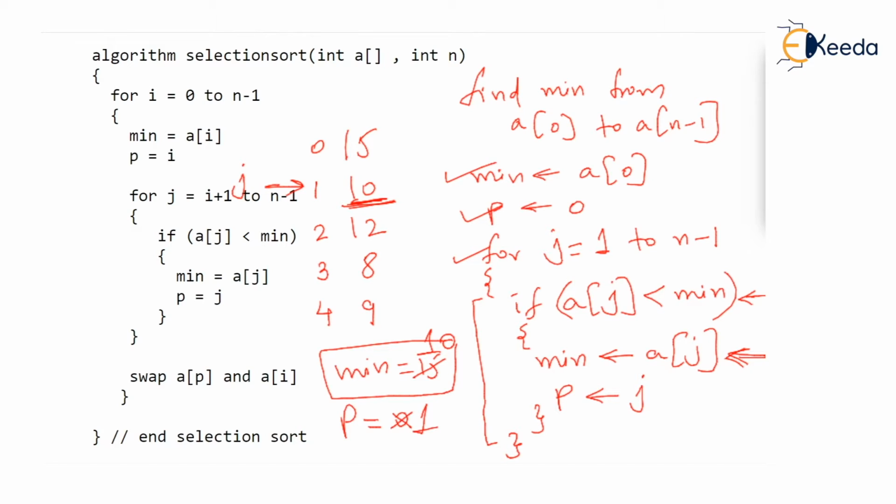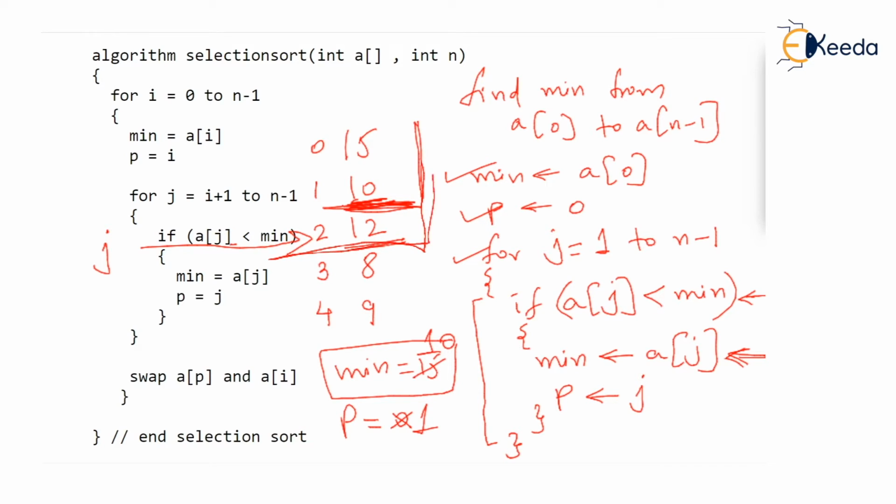What this all means is we know that up to this place of the array, minimum is 10. And obviously that minimum is present at first place. That is, p is 1. So what do you do next in the for loop? j will repeat. j becomes 2. Now when j is 2, we again ask, is aj, that is 12, less than min? But 12 less than 10 is false. So neither min nor p will get updated. Min will remain 10 and position will remain 1. Look at this. We have now checked the array up to this place, isn't it?